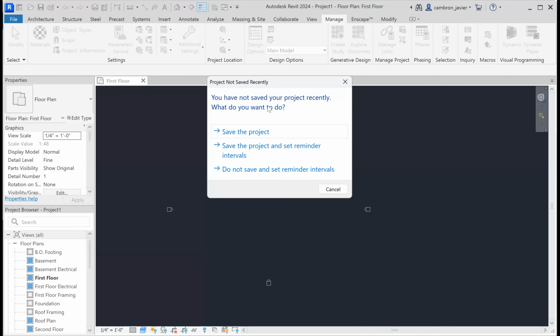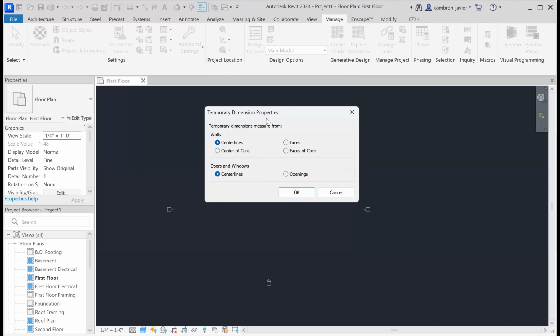Oh, there's my warning sign. This is another throwaway file, so I'm not going to save it. Unless you wanted to save yours, you can. I'm just going to hit cancel. Okay, so I'll talk about temporary dimensions in a minute. Right now, what I want you to do is just set it